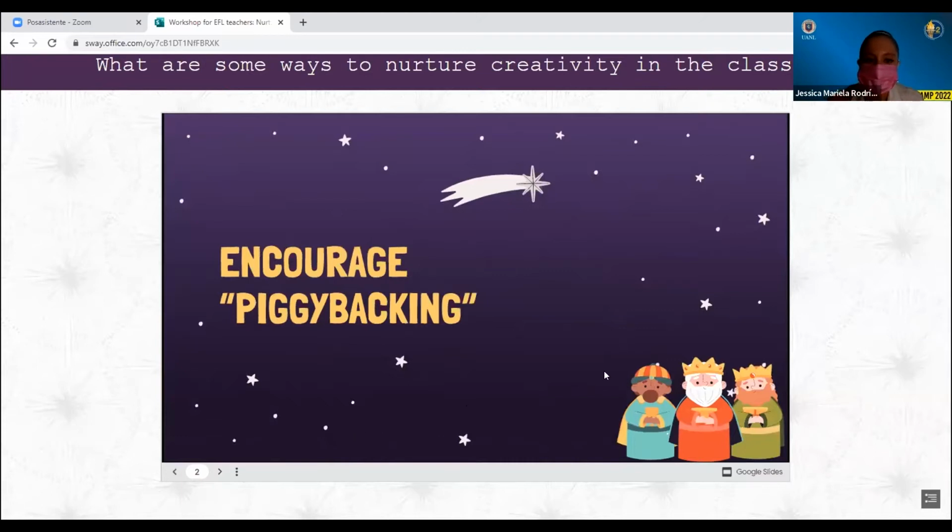Another thing is that if we use creativity in class, we encourage piggybacking. And piggybacking means to create on others' ideas, okay? Many people create based on the inspiration of others. And that is not copying, right? Because we are not really copying. We are enhancing, or enriching, the concept or the strategy that another person used, okay? And in that way, the concept, the project, the activity is going to be much better because there are more ideas about it.